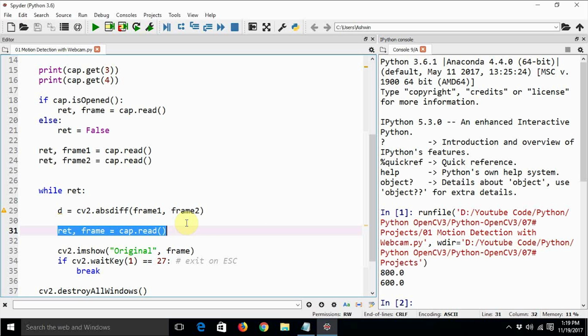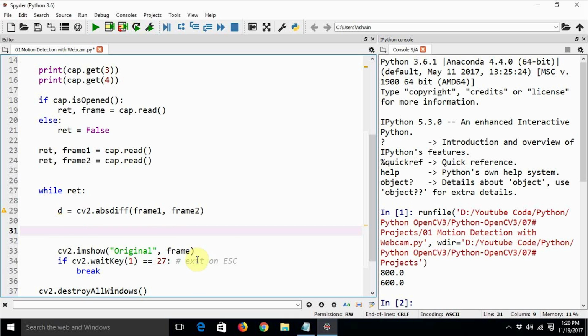Okay, we will show it on the screen, but before going ahead with that, we need to write some logic which is going to continuously calculate the absolute difference and show it on the screen. So let's write that logic right away.